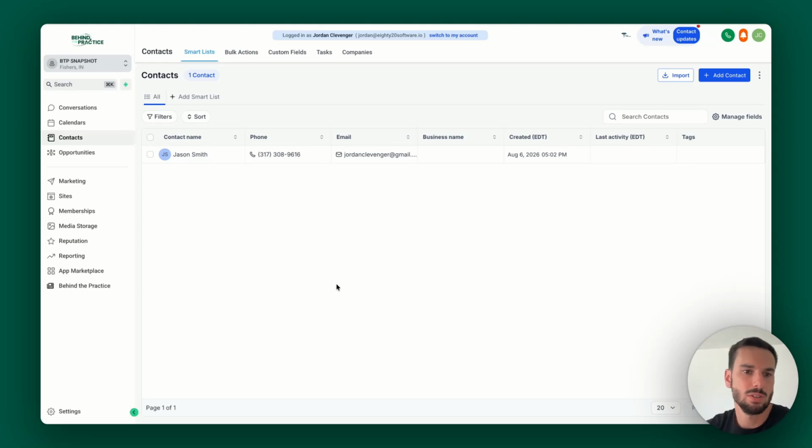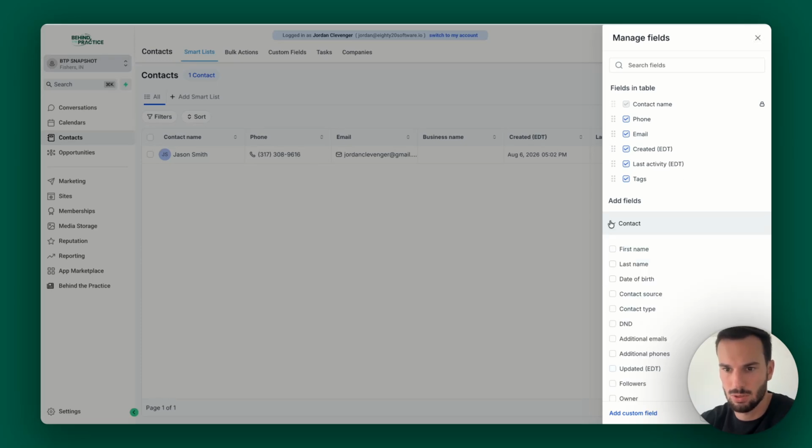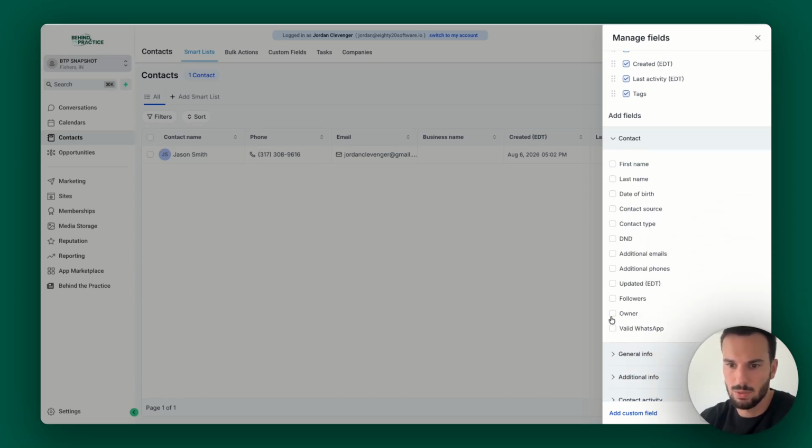All right, so this video is going to go a little bit more in detail into the contacts piece. So contacts, just basically anyone that you stick in the system, they are considered a contact. Now, you have all sorts of fields that you can manage and view. Usually, I try to get it where you have kind of just the things that you would want to look